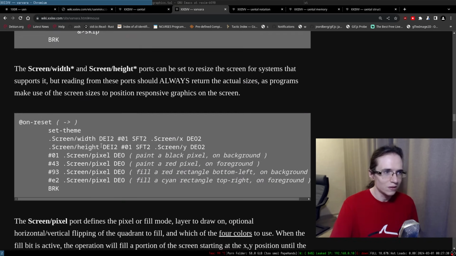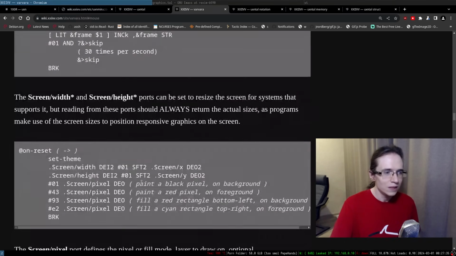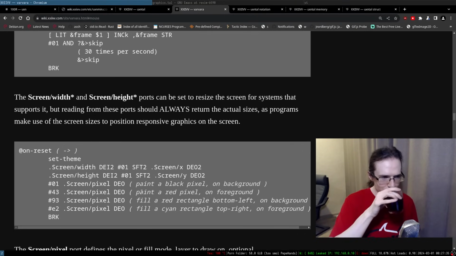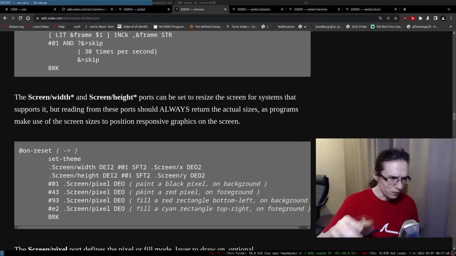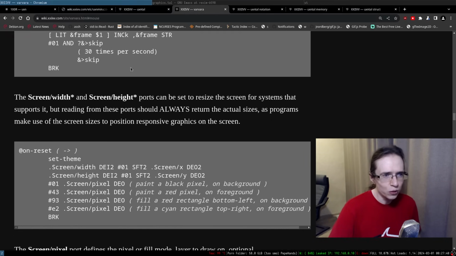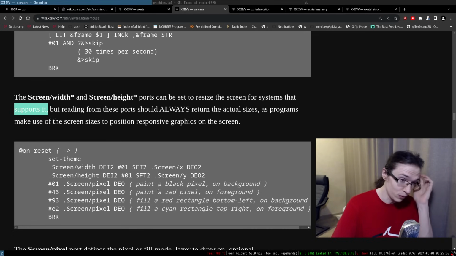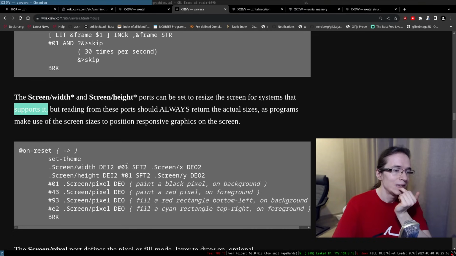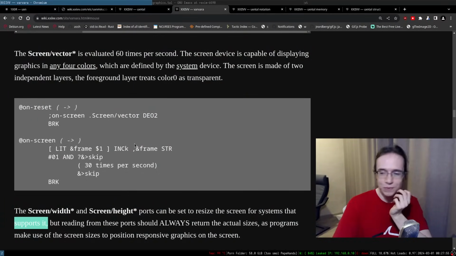But maybe this one is useful. So set them. Ports can be set to resize the screen for systems that support it. Oh, that's very interesting. So yeah, you can actually do that. That is very cool.